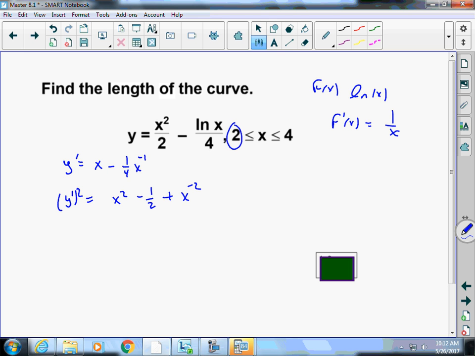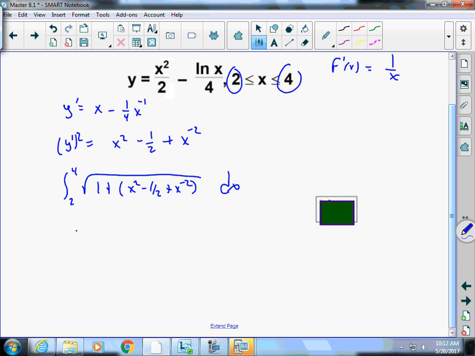I'm integrating from 2 to 4. So here's my integration, 2 to 4. I have 1 plus x squared minus a half plus x to the minus 2. Take the square root of that entire thing. Combine my terms. I have a 1 and a negative half. So I have x squared plus a half plus x to the minus 2